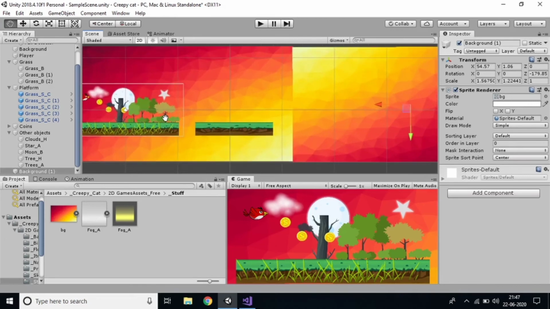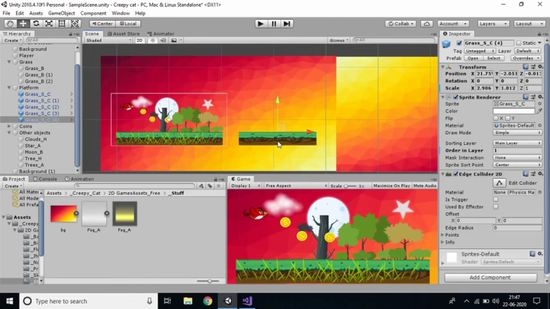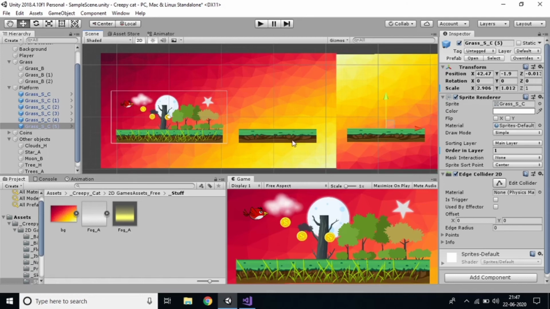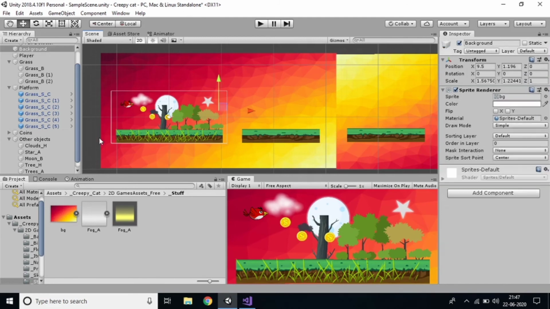Now we have to set this platform. Just Control C, Control V, and move this side. Both should be the same size. And if the player falls here, what happens? We are working on that. The fall detector should start the position from the starting position. Now we'll come with another video on how checkpoints are added and how the color of checkpoints changes. Everything we'll do in another video.